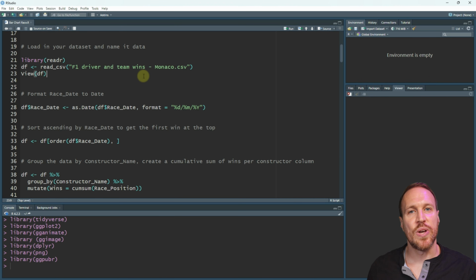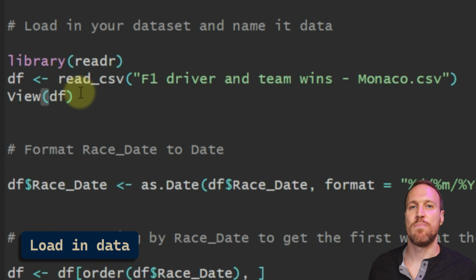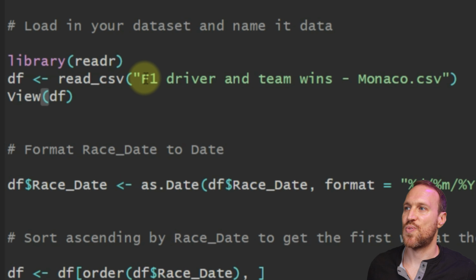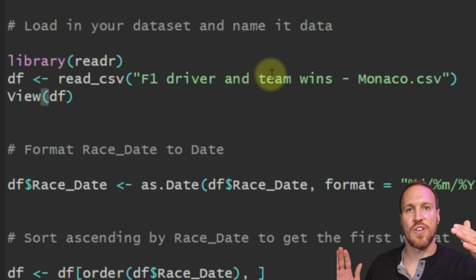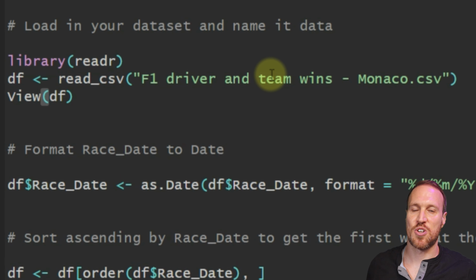And then once we've done that, we can start to bring in the actual data set, which is just all the winners of the Monaco Grand Prix since 1950 all the way up to 2022. And all I've done is save the file in my documents folder. So in this case, it's a CSV, and all I'm going to do is just pick up what the name of it is. Because I have everything pointed to my documents folder, this is why I only have to put the name in. But if you have it saved anywhere else, you just need to put the actual folder route, or the route that you have in your drive, to be able to get to the actual file. But for convenience, I always use the documents folder, because that's always my main folder where I feed anything into